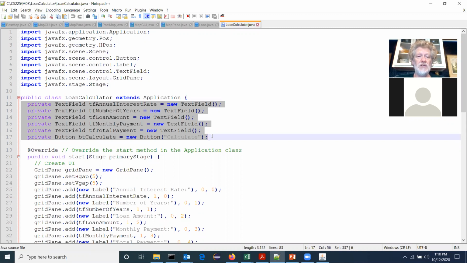So TF, annual interest rate. I can look at that, and I have a really good feeling about that. That's probably a text field where you put in the annual interest rate. TF, number of years. Well, that sounds to me like it's a text field that tells you the number of years. So if you name your things with clarity, you really reduce your reliance on